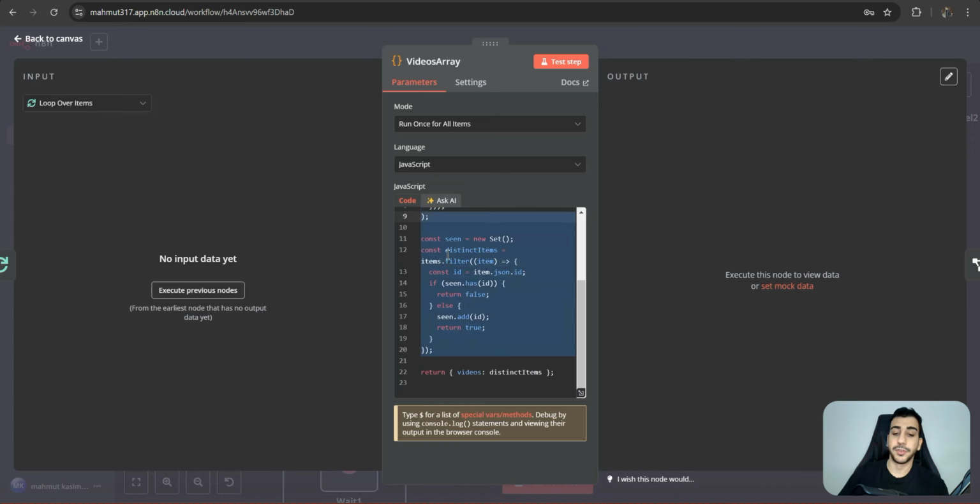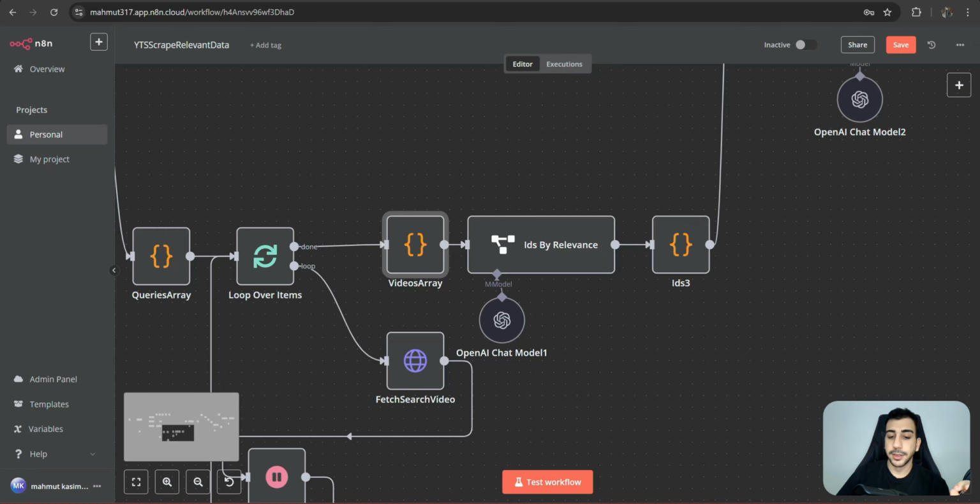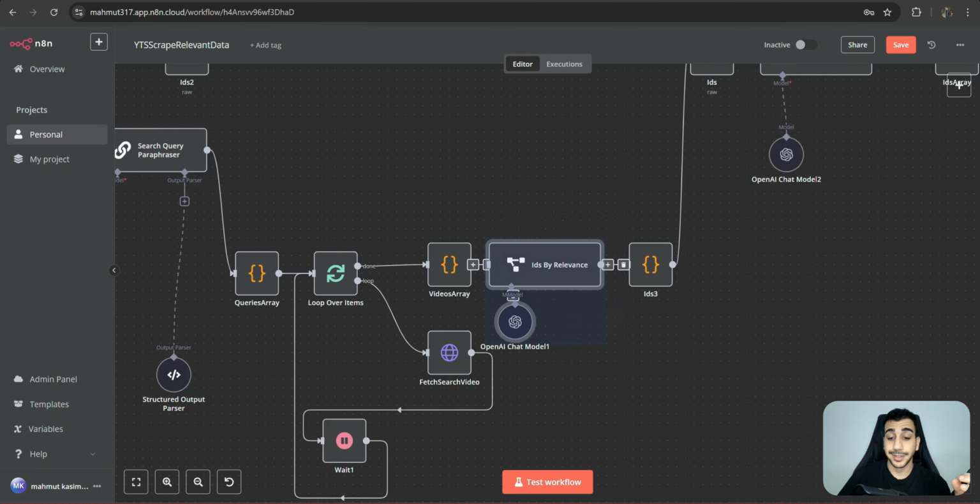So simply what we're doing here is this. Let's say we get 100 videos by the end of that process, right? And in these 100 videos, there are 20 videos that occur more than once. So what we're doing here is making sure that the IDs we get are all unique and one of a kind. Once we get those IDs, we go into this next node here called